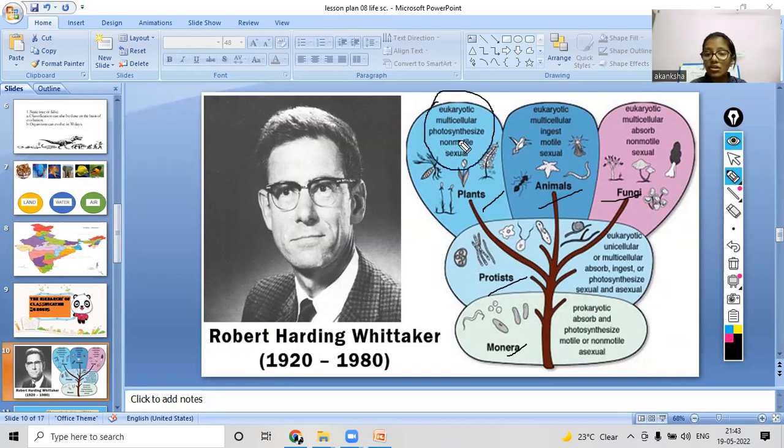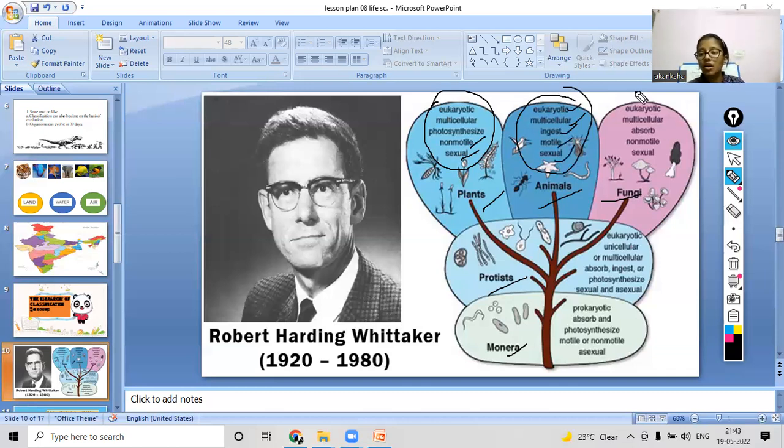Eukaryotic, multicellular, they photosynthesize, they are non-motile, meaning they don't move, and they sexually reproduce. Now animals, what were the features of animals? They were eukaryotic, multicellular, they ingest, right? They take in food, and they are motile, meaning they move from one place to another, and they also sexually